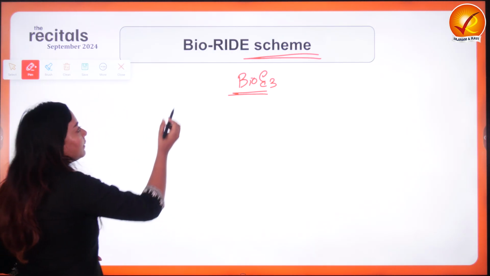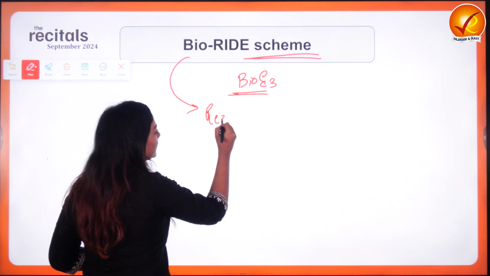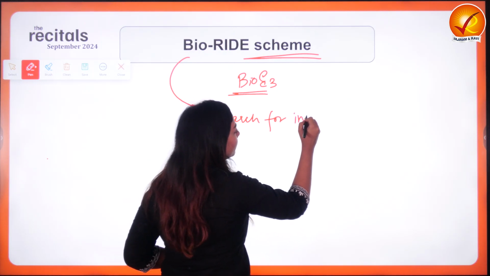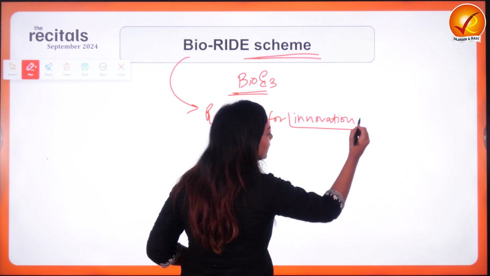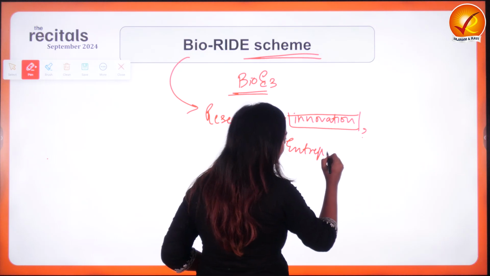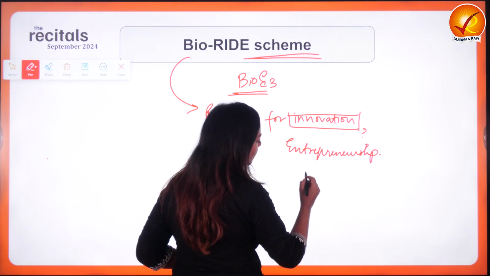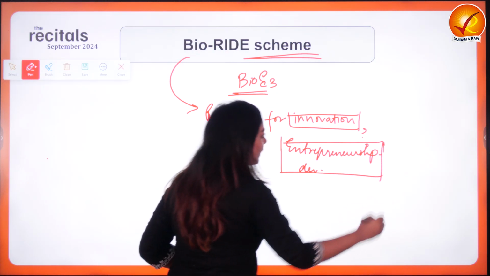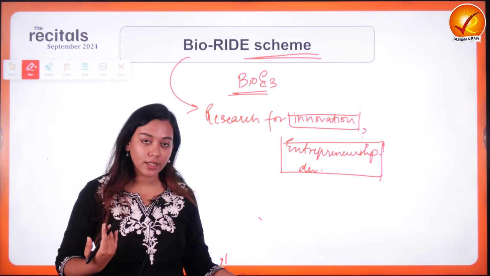Now we have got another scheme which promotes research and development. So the name for RIDE scheme is Research for Innovation. Please remember these keywords. Then, and entrepreneurship development. So to utilize biotechnological applications in the fields of innovation, in the field of biomanufacturing and in the field of entrepreneurship,